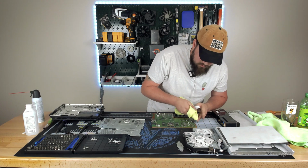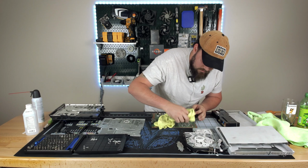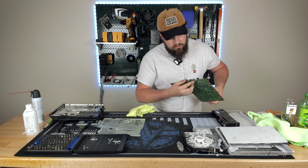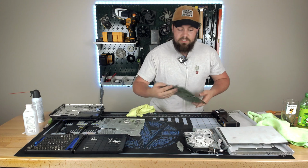Again, you don't wanna go too hard on this, even around metal bits. You just kinda wanna dab at it, get all the dust off. And at this point too, it would be good to actually check the IOs and the USBs in the front and everything in the back. So that way you can see if there's any dust in there, which at that point you could get something